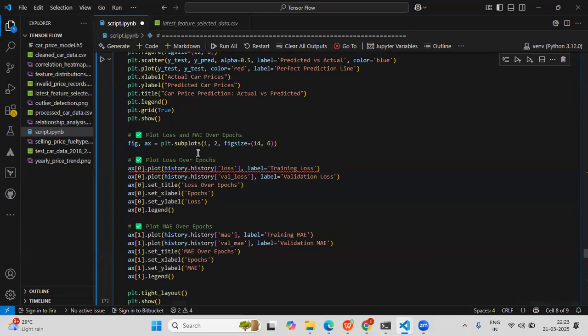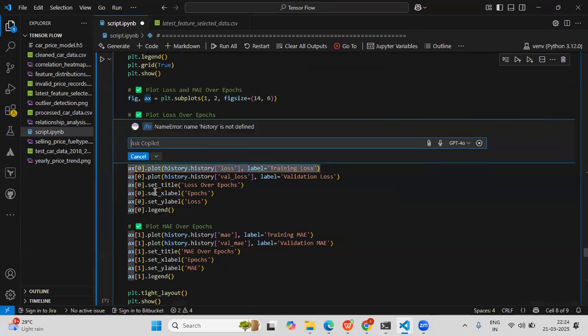One second. Training loss is not defined.